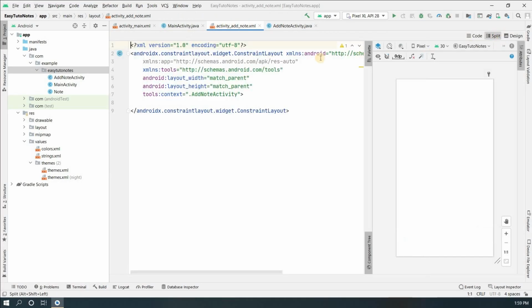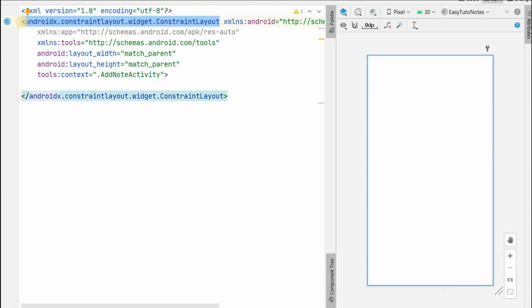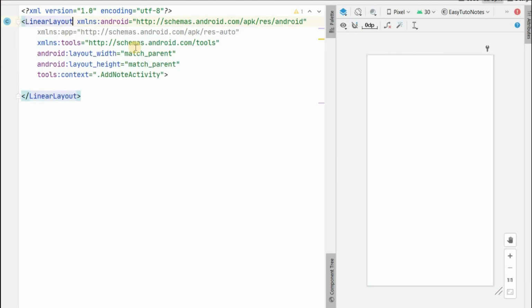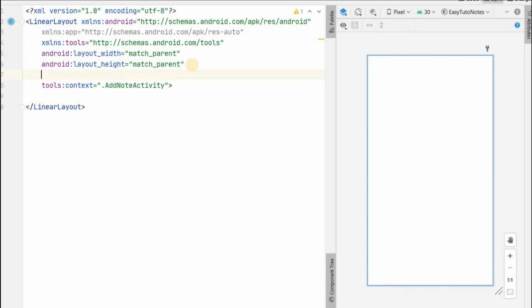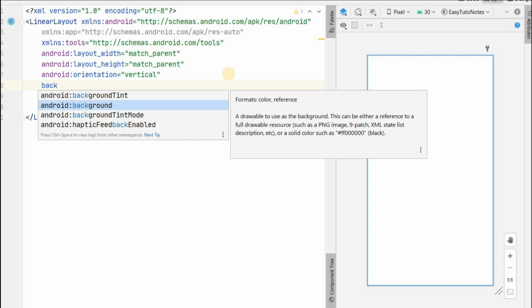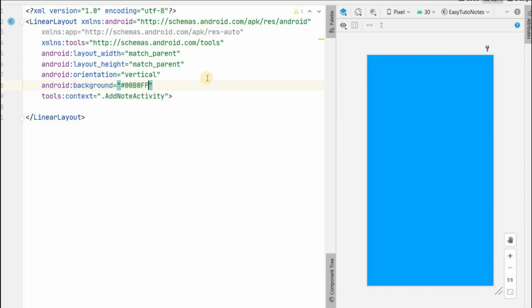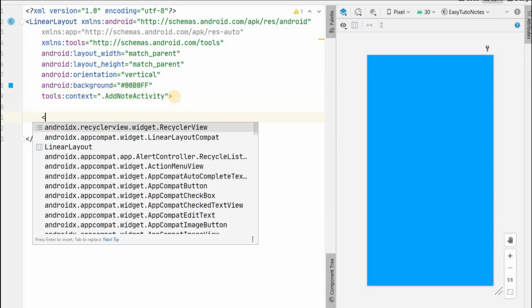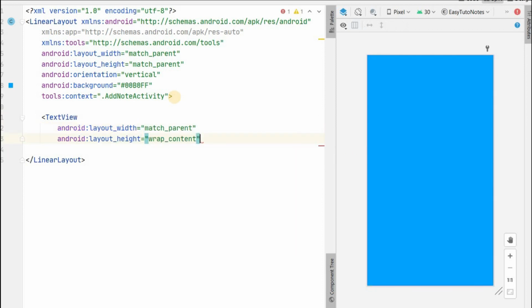Click on split over here, change this constraint layout to linear layout because we are adding the items in vertical, and we will set the orientation vertical. I'll set the same background for this also. Entire application we have the same background, so the same color, and I will add the text view match parent, wrap content.